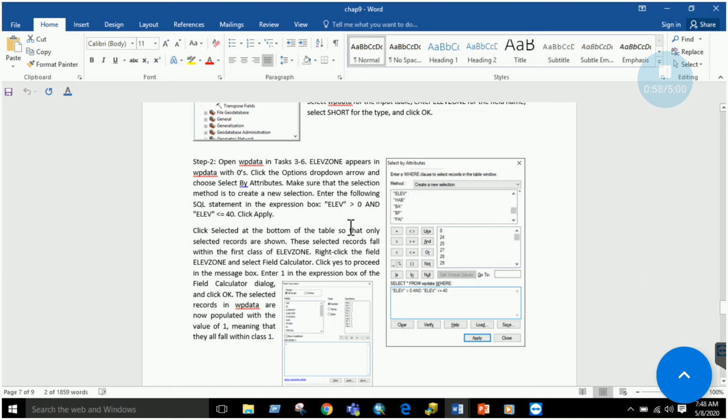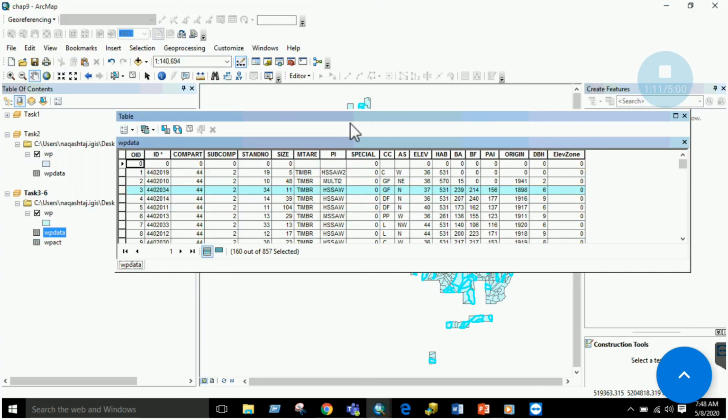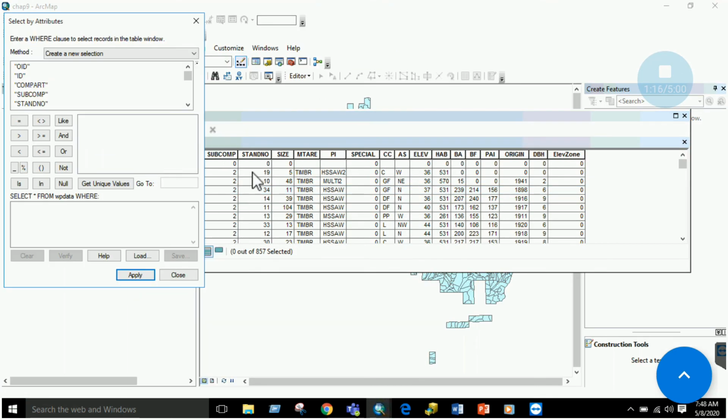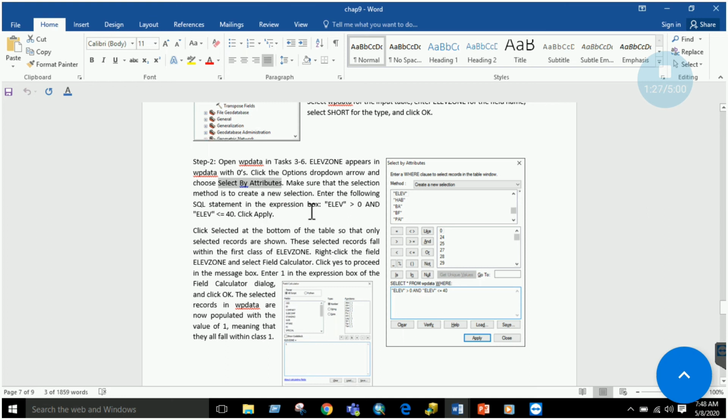Now go to select by attributes and select elevation greater than 0 and elevation less than 40, right? Just clear all the previous selection, go to the attribute table, and here you have to select the elevation which is basically greater than 0 and less than or equal to 40.